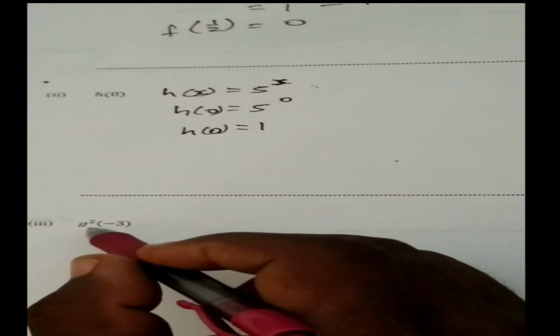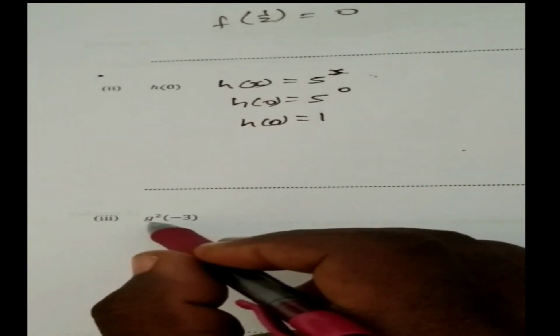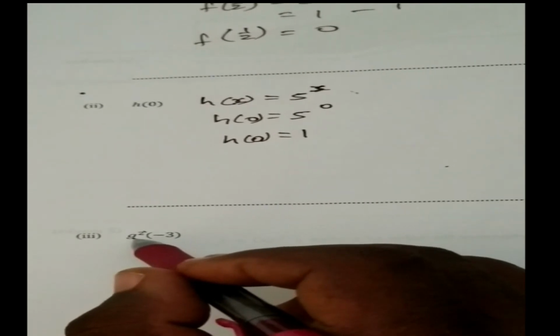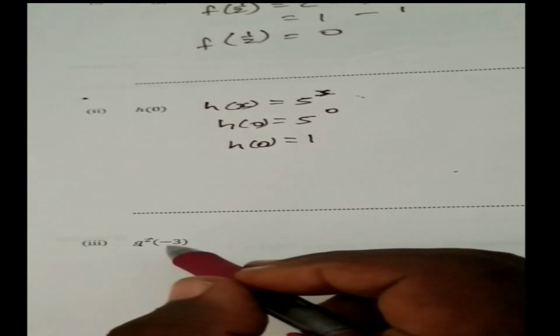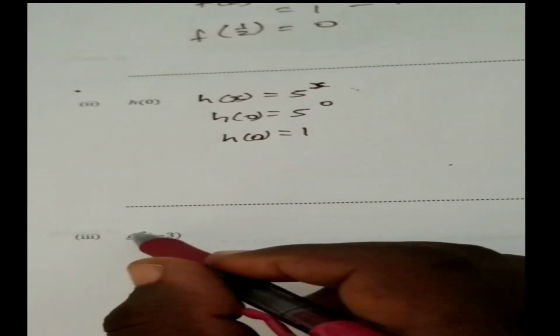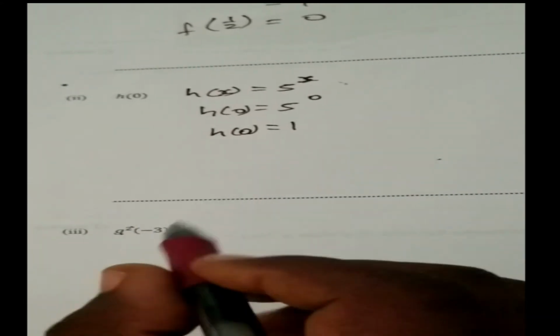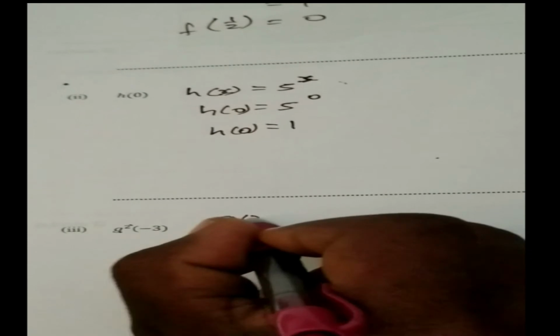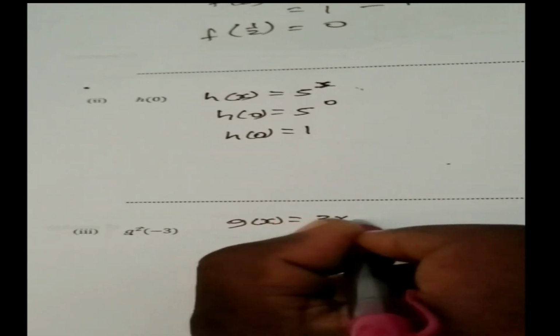Alright, this now is a composite type question in which we're going to find g squared, and then when we find g squared, we're going to multiply it by g to the negative 3. We're going to find what is g squared to the negative 3. So what we need to find is, given that g of x is equal to 3x plus 2,